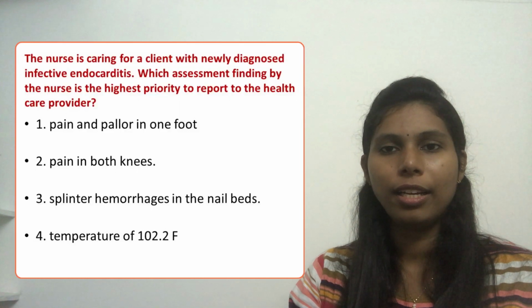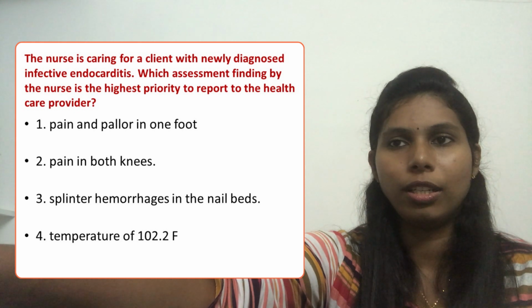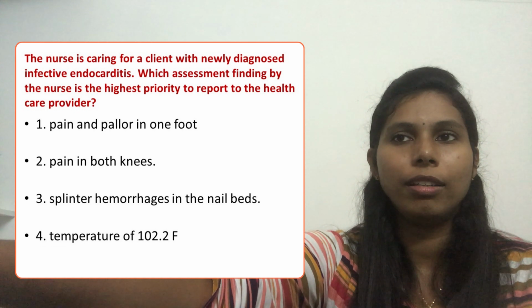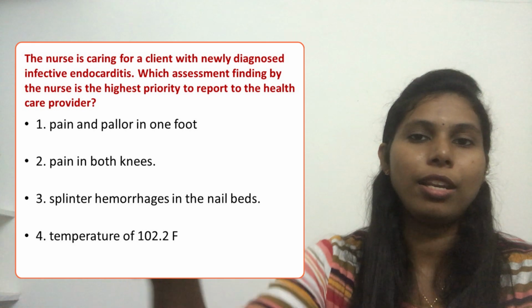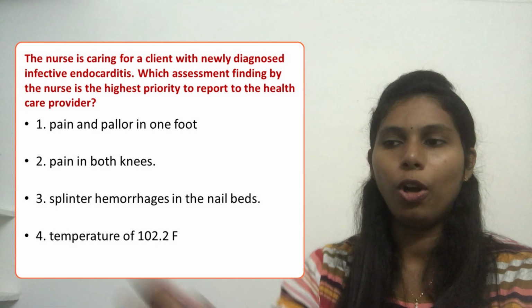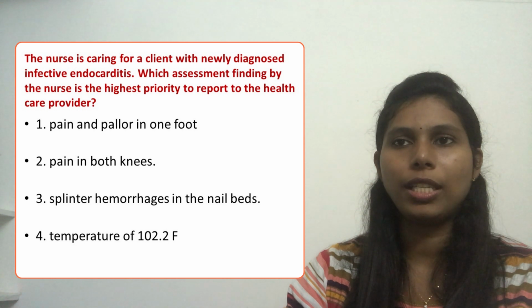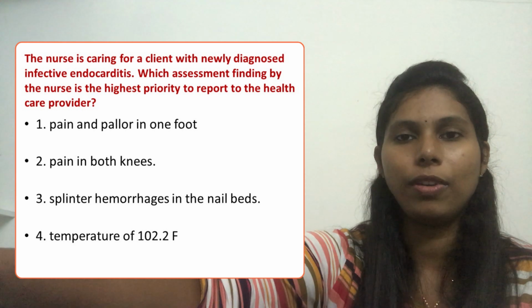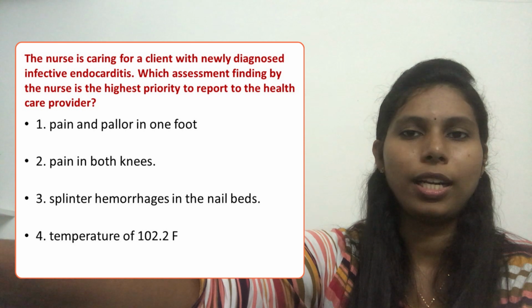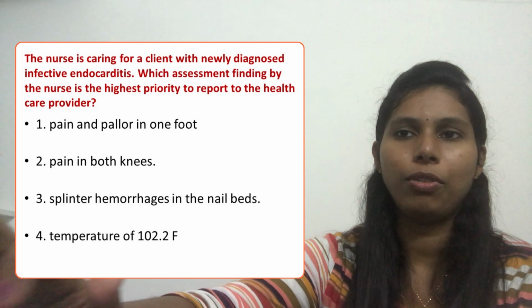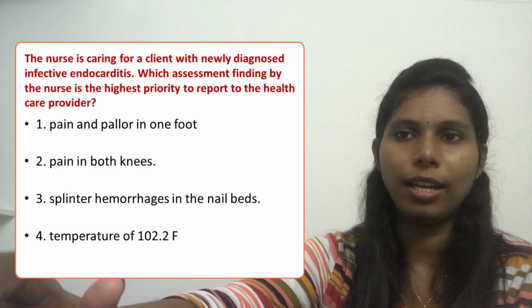Is it clear why we choose option 1 and why the other options are wrong? Hope it's clear to you. Please study these life-threatening points and their features, because this is very important. Some questions come in such a way that you might get confused if you don't have a clear idea.